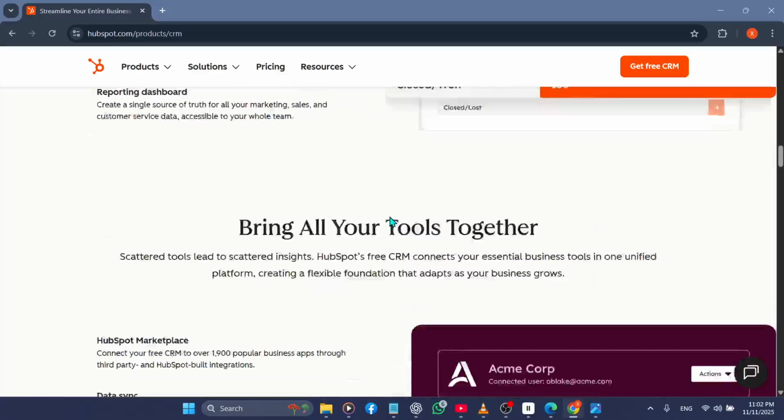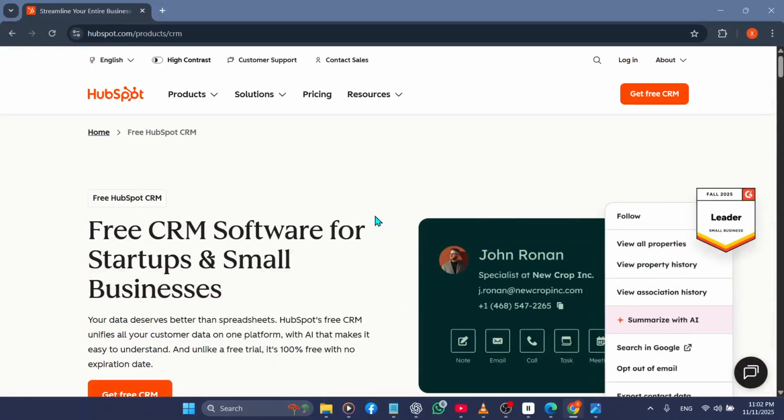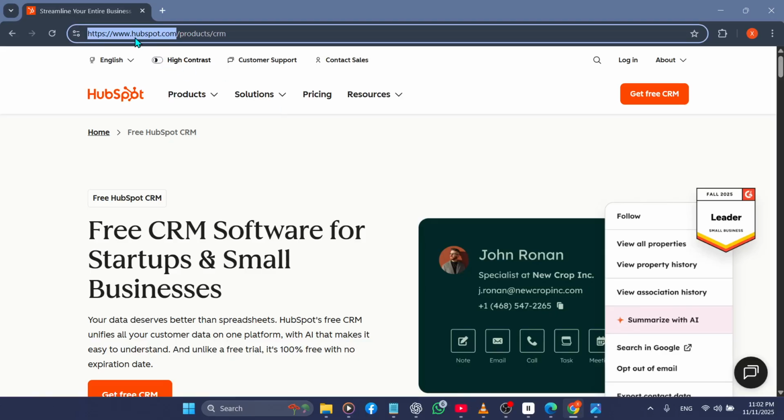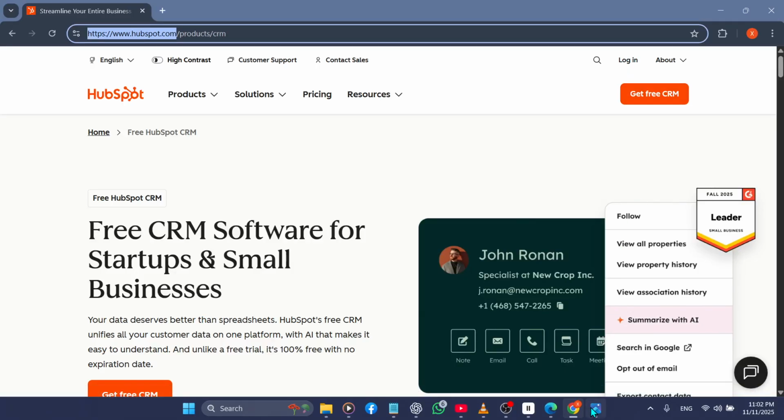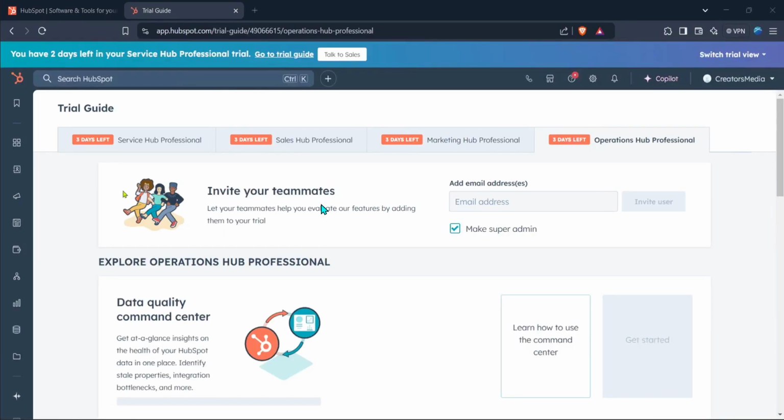Let's get started. First, open your web browser and go to the HubSpot website. Once you're on the homepage, click the Launch Login button at the top right corner of the screen. Enter your credentials and make sure you're logging into the correct account, especially if you manage multiple brands or client profiles. After logging in, you'll land on your HubSpot dashboard,